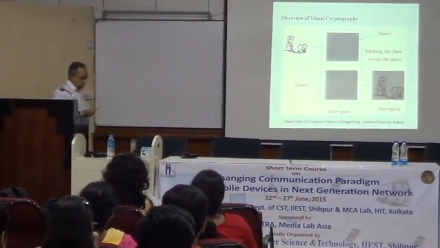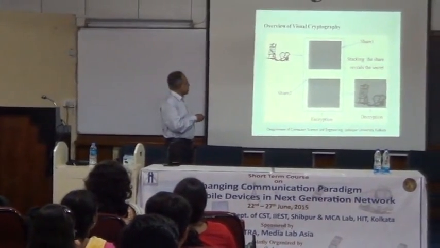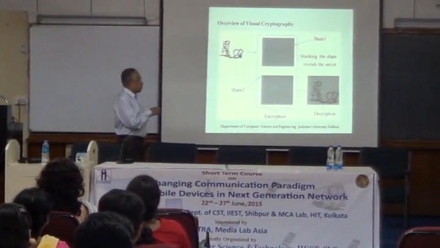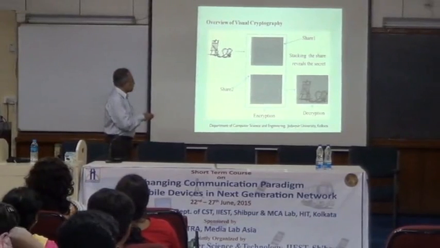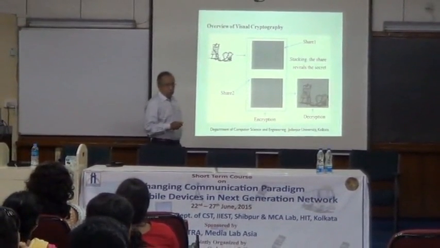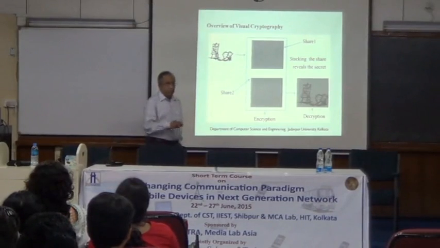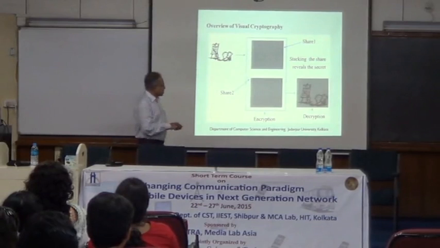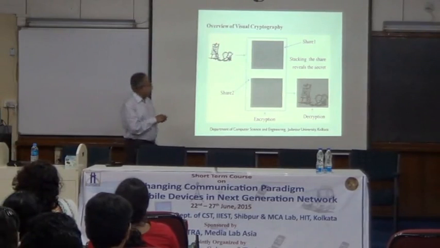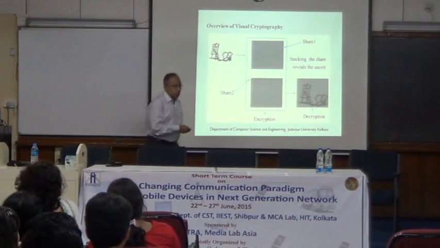So this is the concept. This is a secret. These are 2 shares. Neither share gives any information about the secret. When these are overlapped, you will get this. First step: at least Shamir doesn't claim you will get the exact picture back, but you will get the information back. Each share is double the size of the original secret, and there is a 50% contrast loss on reconstruction.